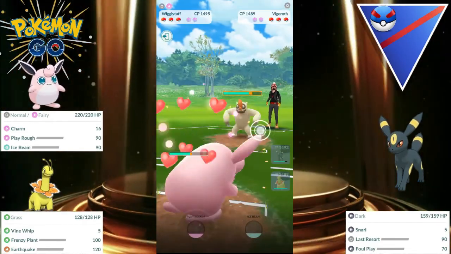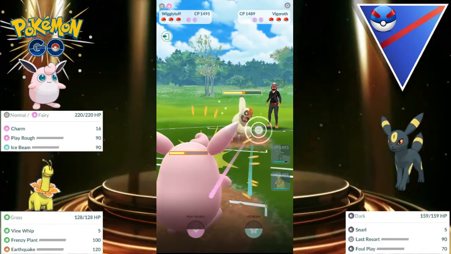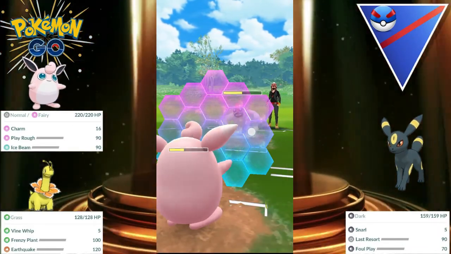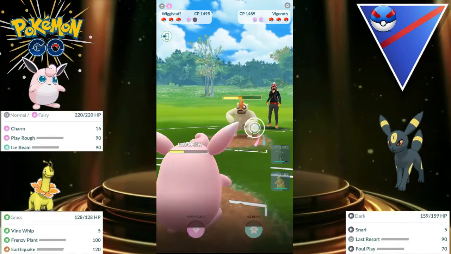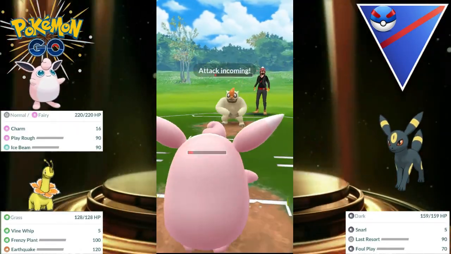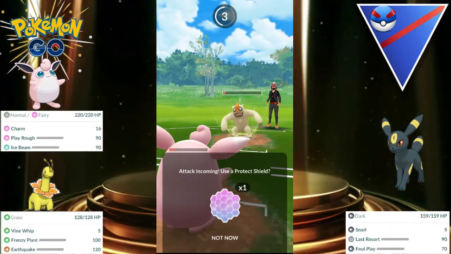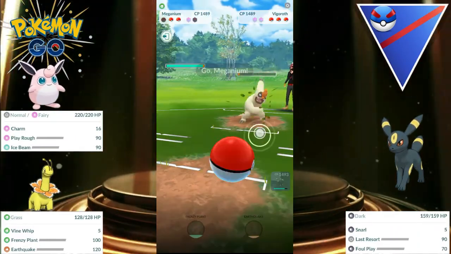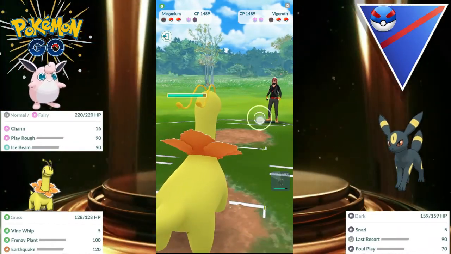Does a nice chunk of our health, but we are going to work with the charm damage here. We got that extra charm in there as well, so hopefully it's in farm down range. After that Body Slam we will shield just to try and farm down. We can't quite get there, unfortunately. I won't be shielding that because we haven't got much HP left, and the Vigoroth was in at farm down